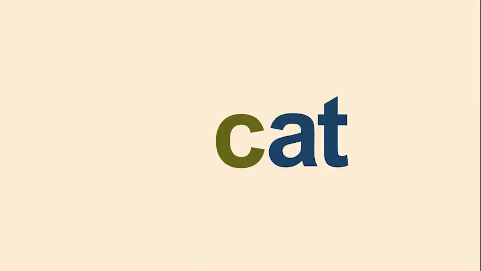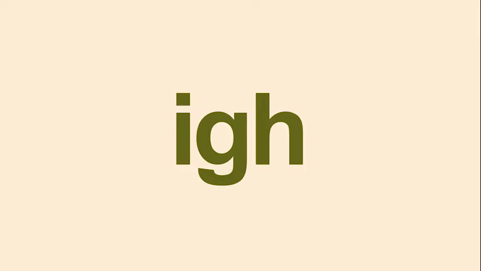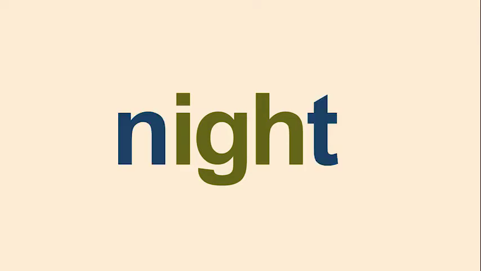For instance, the C that makes the K sound in cat is a single letter grapheme. The E and the A that make the E sound in the word leaf is a two-letter grapheme. The I, G and H that makes the I sound in the word night is a three-letter grapheme, and so